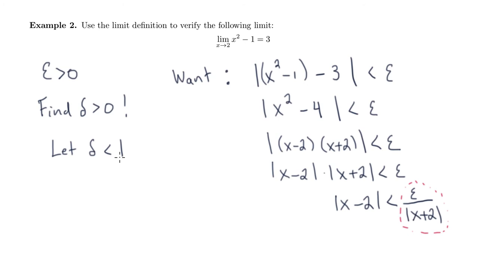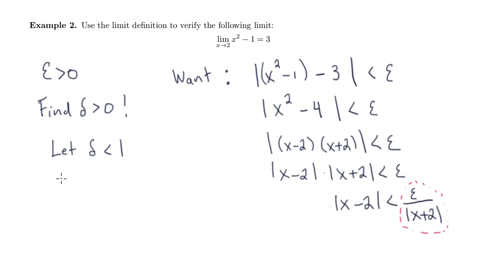And now why can I do this? I'm just saying delta is less than 1. Okay, well here's why I can do that. I'm trying to find a delta greater than 0 that's going to make this work. But it's also true that if I find one delta, any smaller delta is also going to work because I'm just narrowing the window sort of unnecessarily if I go even smaller. So actually here, requiring that delta be less than 1 can only be helping me. Now, the delta might need to be even smaller, but to say delta is less than 1 is really no problem.